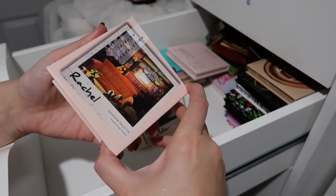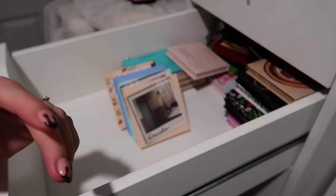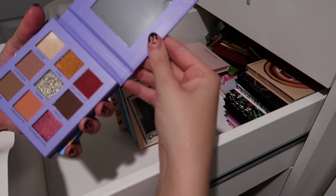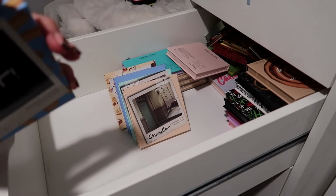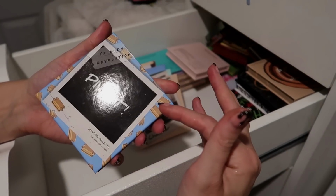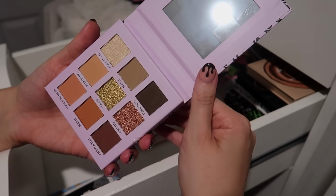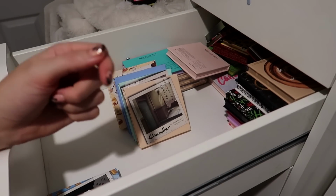And obviously we have Rachel's palette, which again, I'm actually going to give that to a new home as well. I think I'm being a bit daft with some of these. Let me just have a look. Yeah, I'm going to get rid of Monica's as well. I'm actually going to be brutal now. I'm going to keep Pivot. I just really like the colour story, like that blue in it. I'm going to get rid of that Oh My God one because it reminds me of the Ross one,